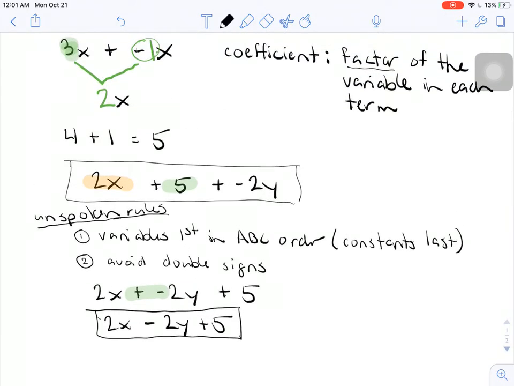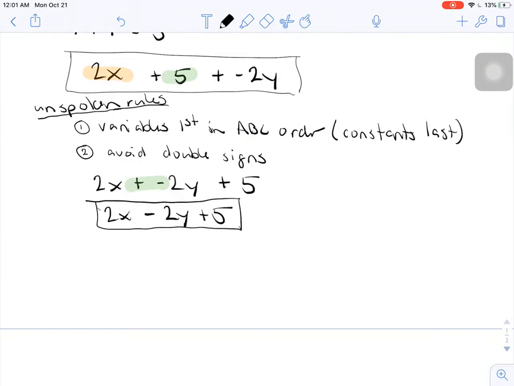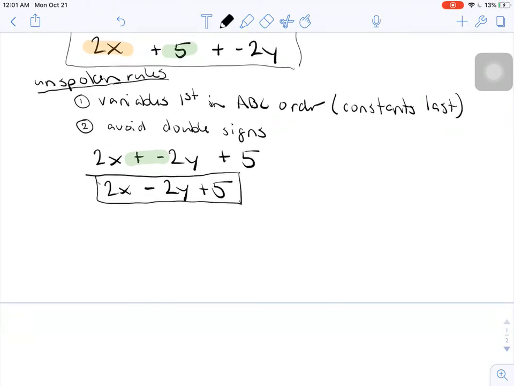So that's a little run through of all the vocabulary that's involved in simplifying an expression. There is a little bit more to this. There's actually one other step that sometimes happens when you're simplifying, and it has to do with the last lesson that we just finished on distributive property. So when we are simplifying or trying to get something in its smallest form, there's actually two things that need to happen. So an expression is simplified when